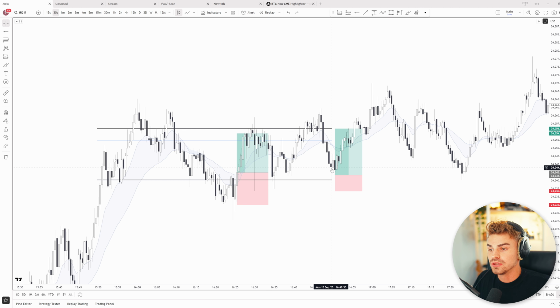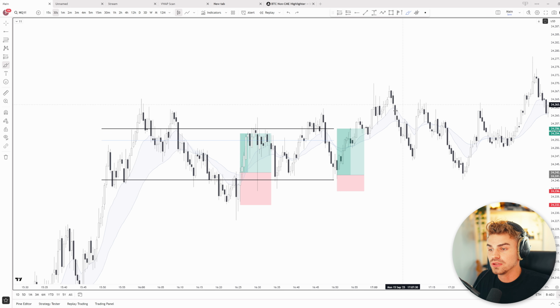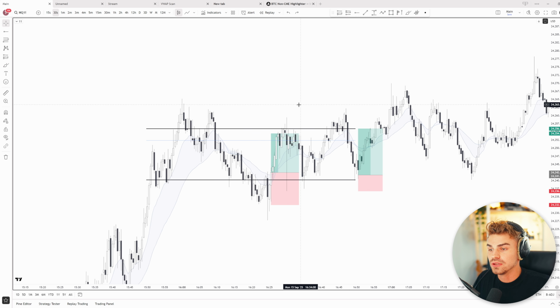So as soon as I saw a tap here and these candles were kind of wicky, swept this and was kind of wicky, you could see that there was some demand, some absorption going on here. That's when I jumped in. And again, I just targeted the other side of the range. This one I could have held for more, but at this point, there was no reason for me to think that we were going higher. So 2 for 2 on the day, super simple,